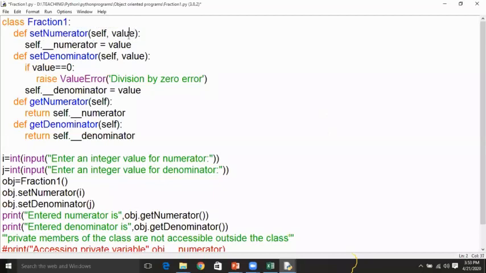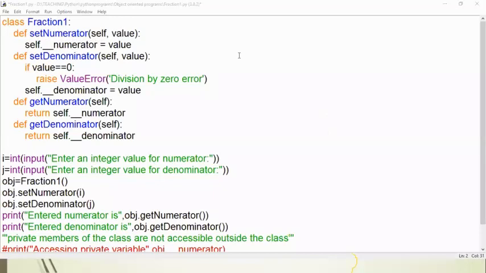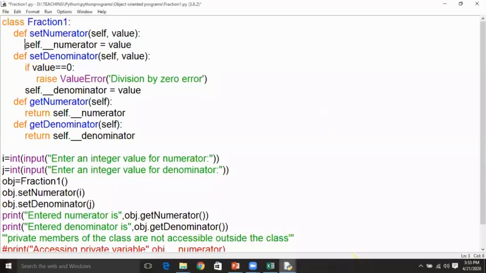In this function definition, the value variable is assigned to another variable called self dot underscore underscore numerator. Now this underscore underscore numerator will act like a private variable to this fraction 1 class.